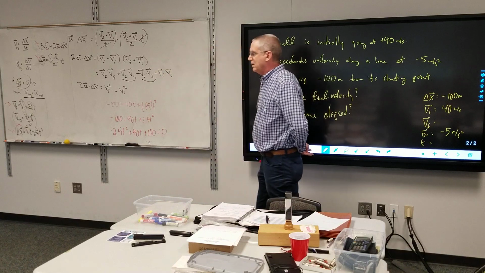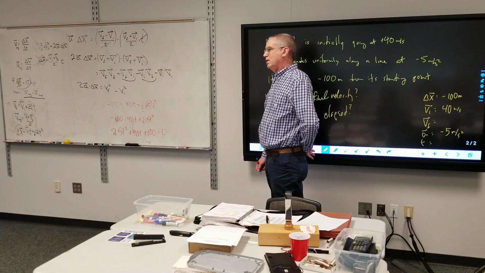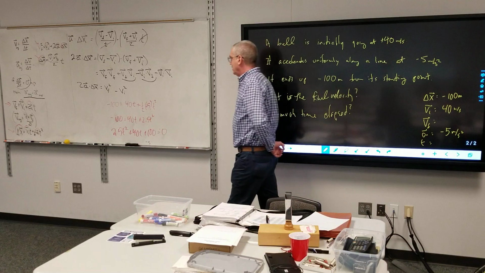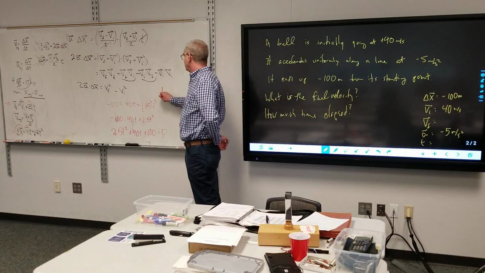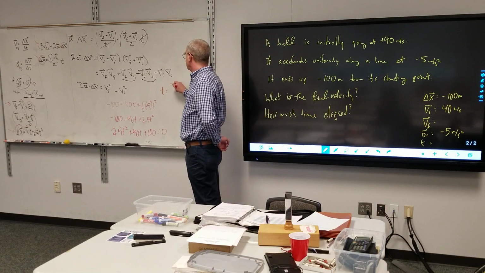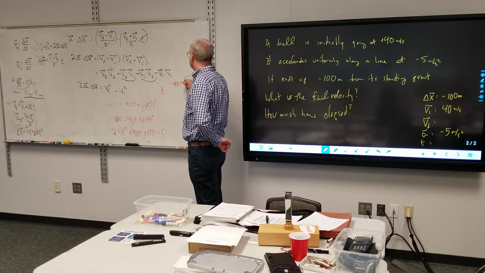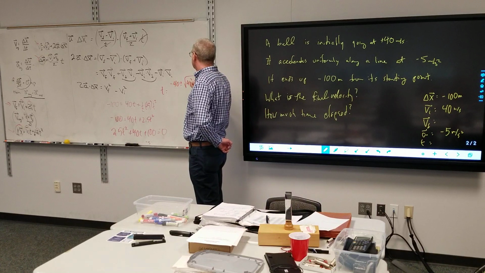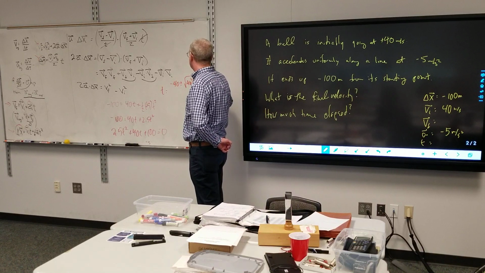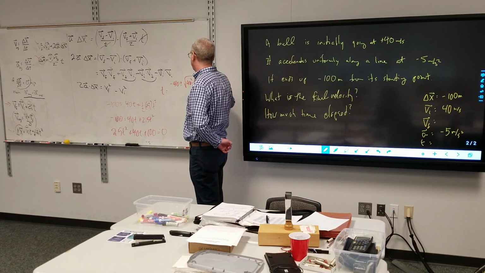And then x is equal to negative b plus or minus the square root of b squared minus 4ac, all over 2a. B squared minus 4 times 2.5 times 100